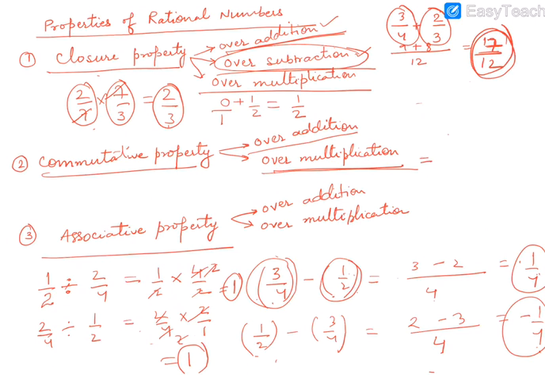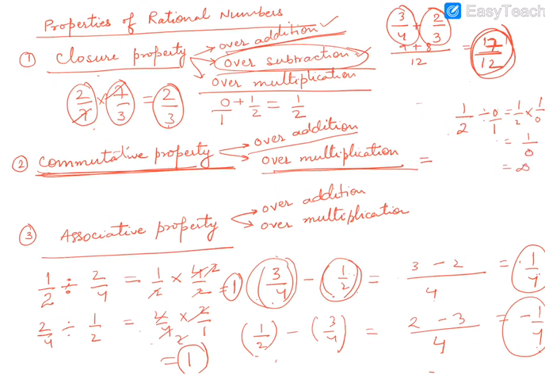So that's why we do not keep this division in this criteria. I'll give you an example where it will not follow. You can see 1 upon 2 divided by 0 gives us 1 by 2 into, we can write 0 as 0 upon 1, so the reciprocal is 1 by 0. In this case it will give 1 by 0, the answer is infinite.